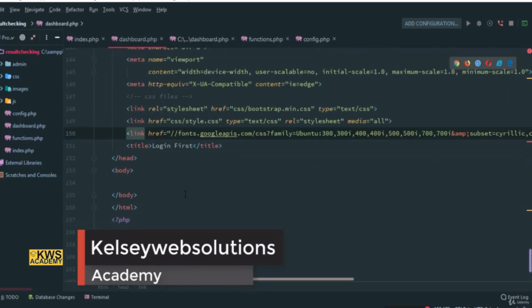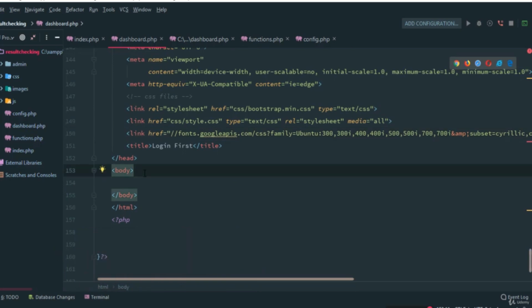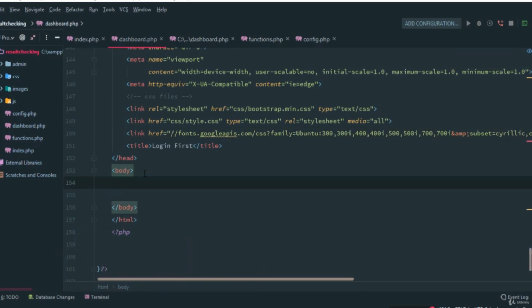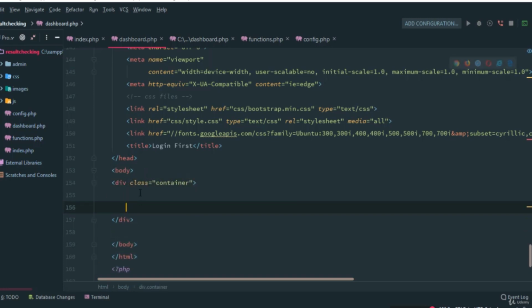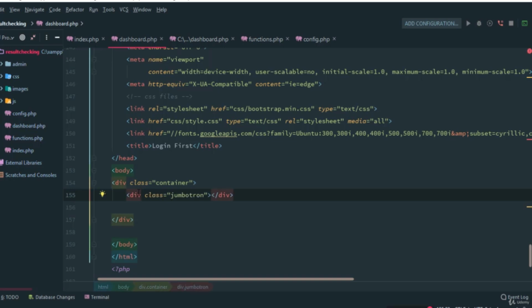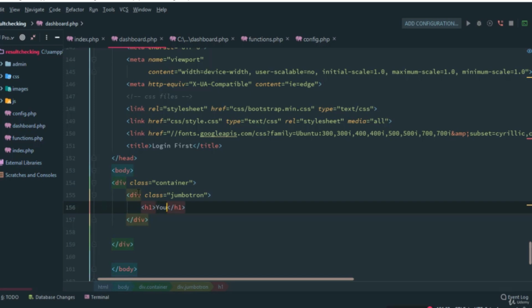So inside this body, I'm going to create a div with a class of container. Then I'm also going to create another div here with a class of jumbotron. So you can actually style this any way you want. Then inside jumbotron I'm going to create an h1, and I'm going to give it text that says you must log in to